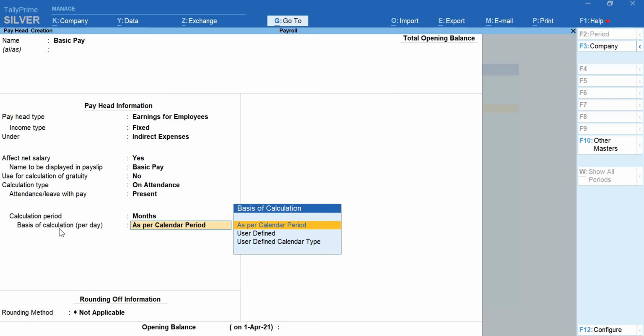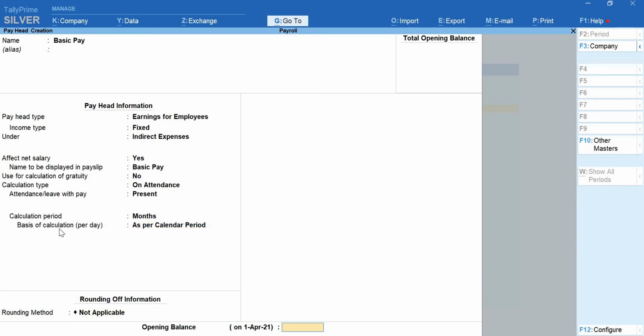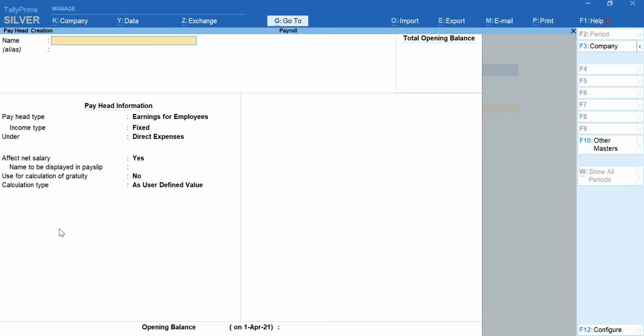Whether it is 28 days, you'll get the salary for 30 days itself. If it is 31 days, even then you get the salary for 30 days only. That is why it is as per the calendar period. And you will go for accepting this. So any doubts in this? Yeah, let me continue with the allowances next.